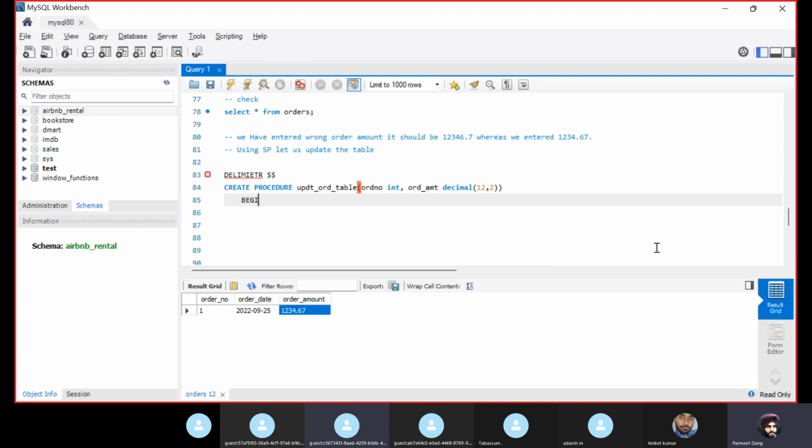Now I am writing begin. We know that when we want to update a table, we need to set SQL safe updates. We need to turn off this indicator: SQL_SAFE_UPDATES equals 0. Now I will write update table name. What is the table? Orders. Set